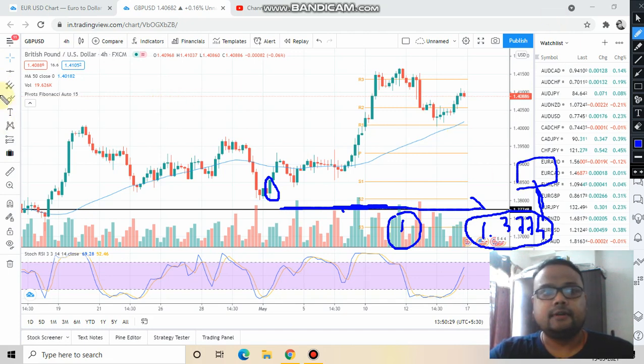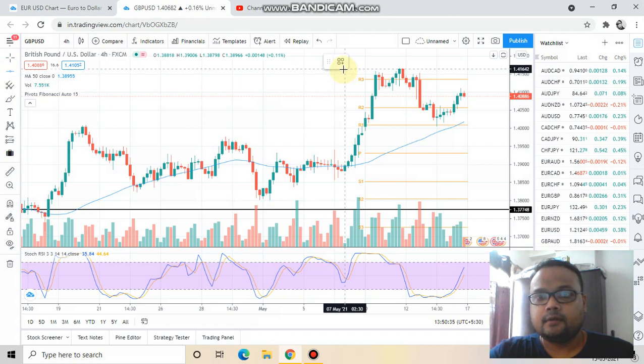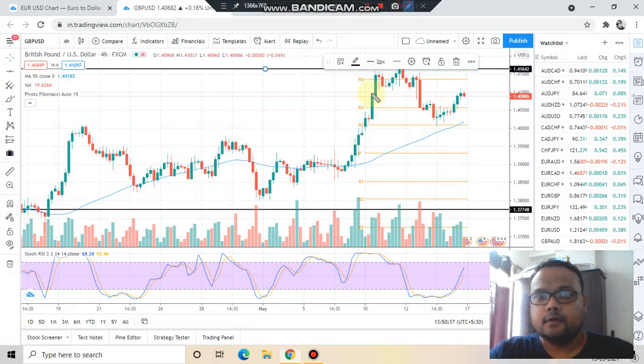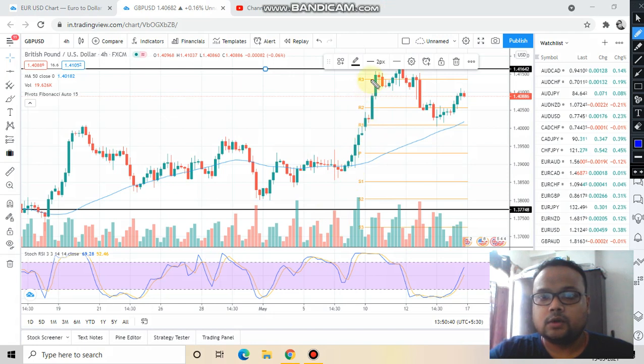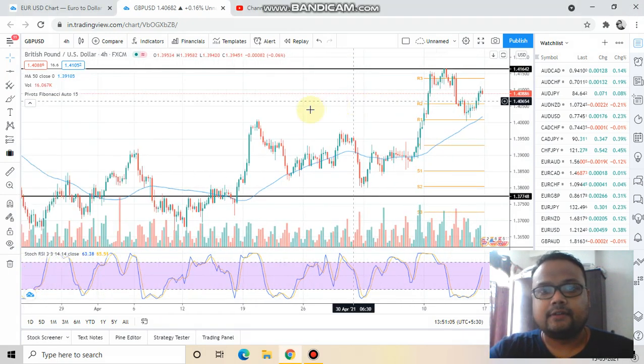Apart from this level, let me talk about these other levels. You can see that market was in heavy buying pressure, market was very bullish, but after reaching this particular level, market somehow faced some resistance and had to come down. And right now market is trading here. After this kind of bullish buying pressure, market had to come down because it had resistance at this level. I would like to show you.